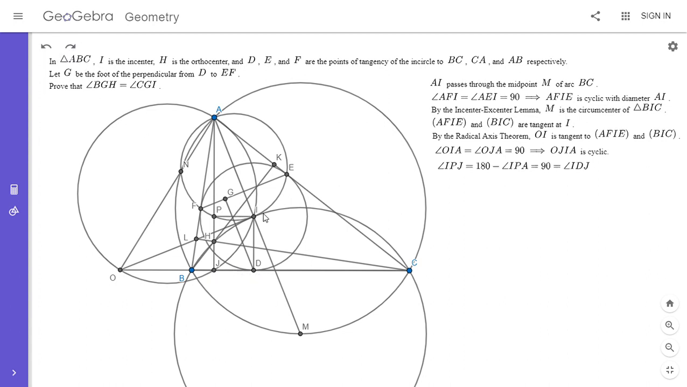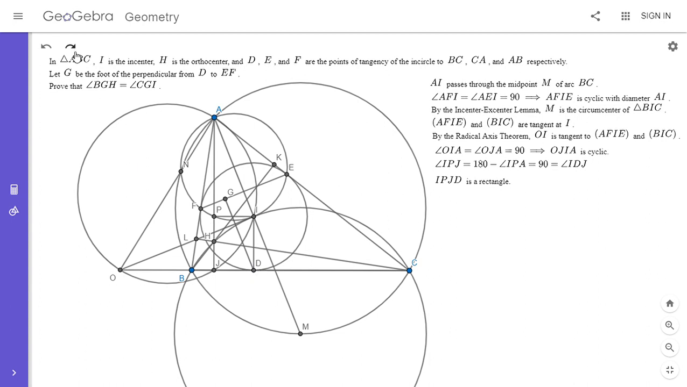Okay, so IPJ, it's 180 minus IPA, and that's a right angle since AI is the diameter. So IPJ is 90 degrees, IDJ is 90 degrees, and also obviously PJD is 90 degrees. So IPJD is a rectangle, so I'm going to use that. All right, so first I'm going to show that N, P, and D are collinear, and I'm going to do that